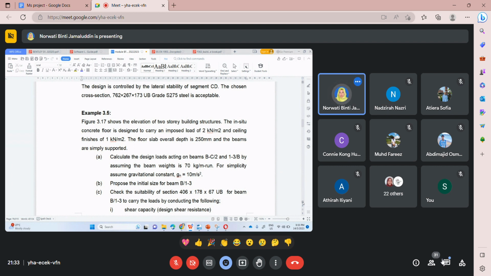Mass, jisim. Mana sama dengan weight? Kena kali dengan gravity, then you can get the weight. And then, okay, propose initial size. How to propose initial size? To propose initial size, I said